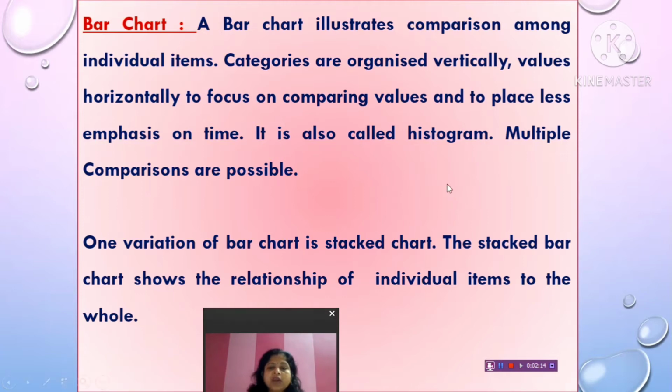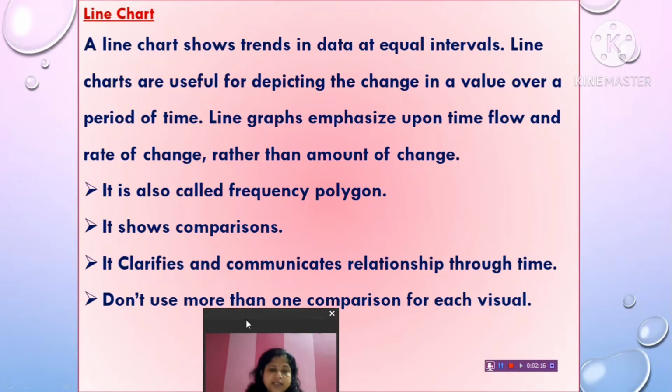Next one is your line chart. A line chart shows trends in data at equal intervals. Line charts are useful for depicting the change in a value over a period of time. Line graphs emphasize time flow and rate of change rather than amount of change. You can see this chart while you are watching live cricket games. Suppose after 10 overs or 20 overs, or for a comparison of runs between two teams after some overs, a line